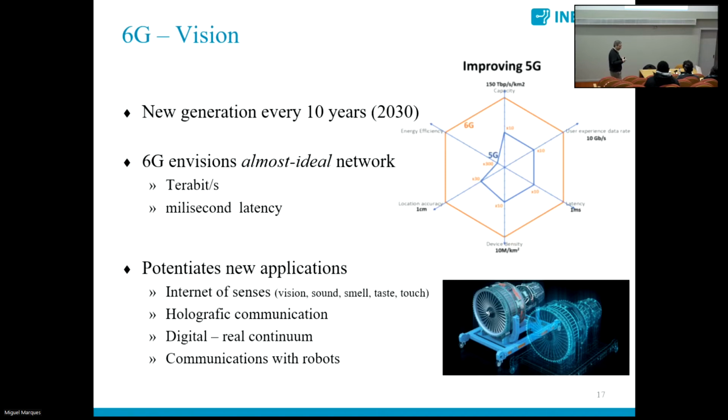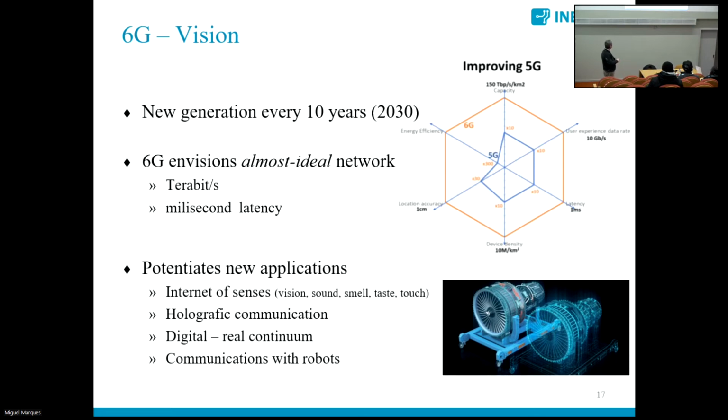That is, we may have a human interacting with a machine, but also holograms of people, of things, of machines appearing in front of us, and we may interact with them. But also we humans may be able, for instance, to enter with our own senses into a software game. By doing that, we may establish what we call the digital-real continuum, and reality and virtuality will tend to disappear and become a single way of interaction.